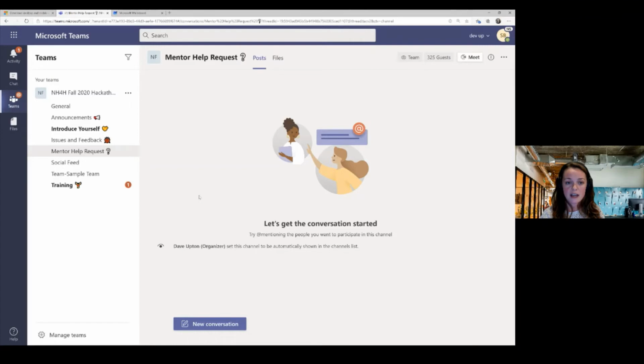Now, for people that experienced the event last time, you might be more familiar with the mentors, but there's a lot of people on the Microsoft side that will help in terms of technical mentoring, and we also have a lot of industry executives here if you need people more on the healthcare side. Depending on what you need, post in here.